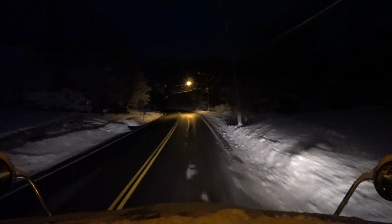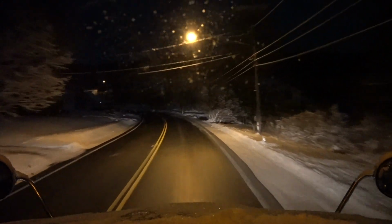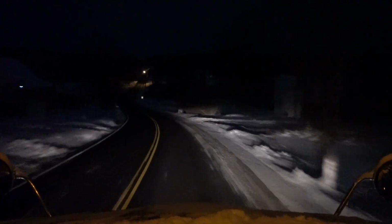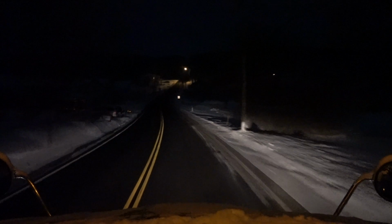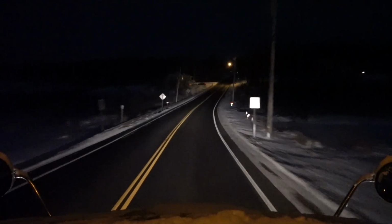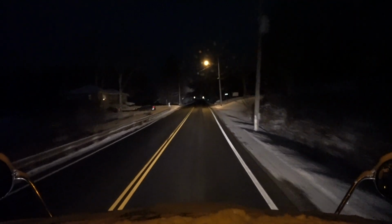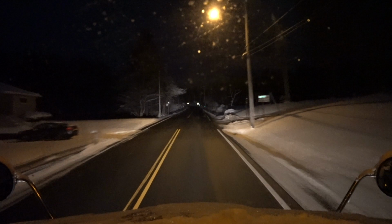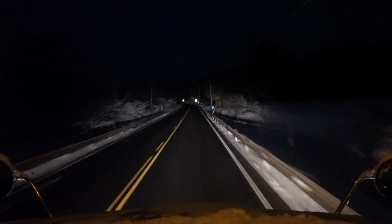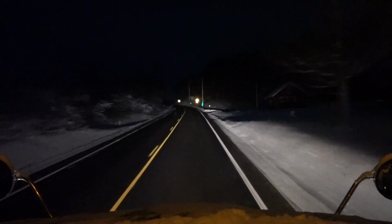It's been cold, very cold. Last night, all day today, about 13 degrees right now, Fahrenheit. And I should have been rolling about an hour ago, but I was kind of stuck at the house. Couldn't get out of my parking spot, and I threw a bunch of salt down under the tires, and that didn't work, so I had to get out my